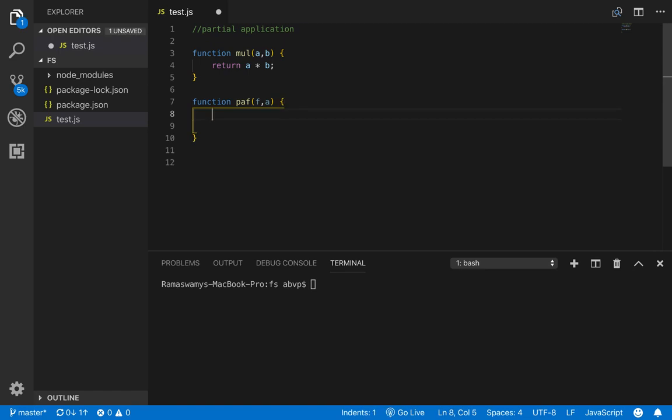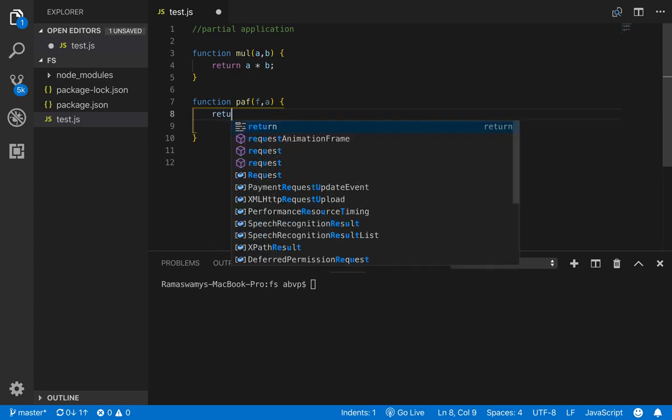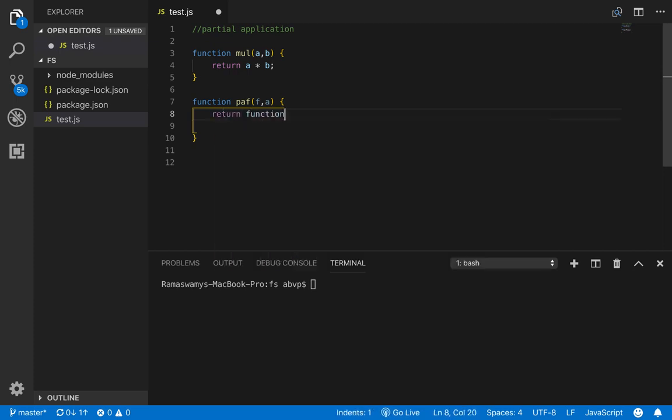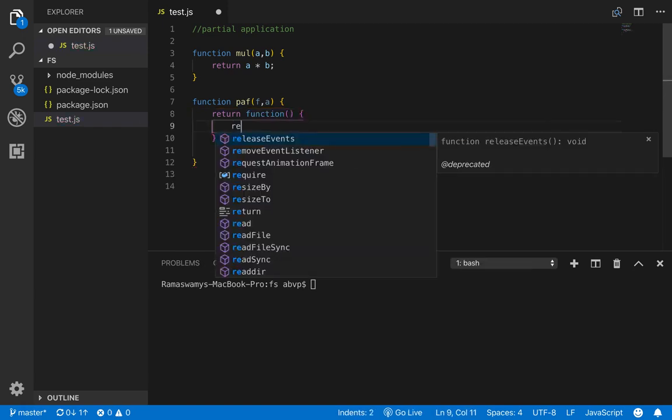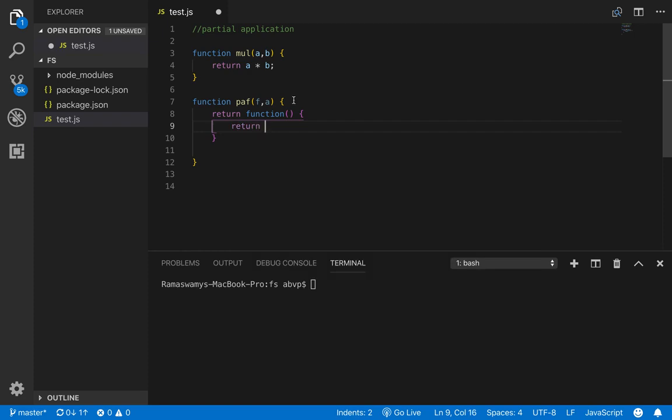Which will be available inside another function call. So let us return a function within which we return this function. So let us call that f.